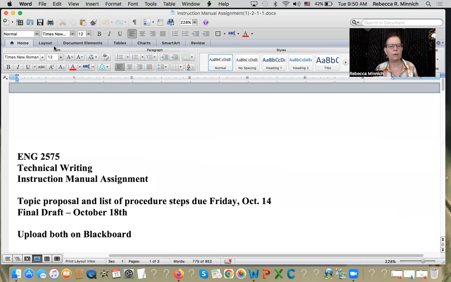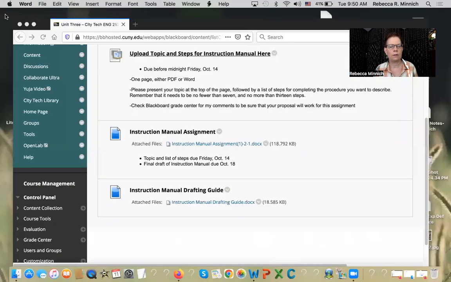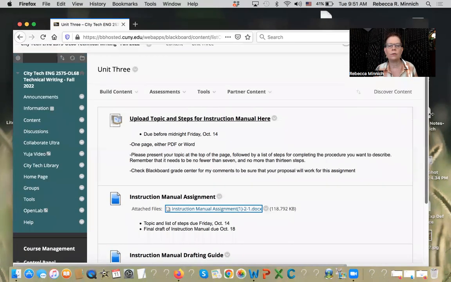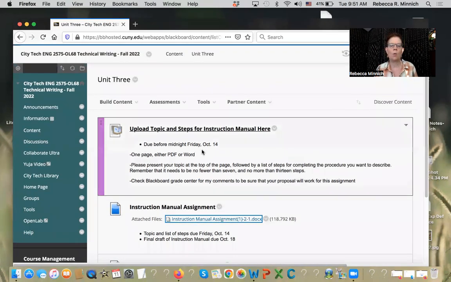All right, so let's move out of the instruction manual and take a look at what we need here on October 14th. So on October 14th, that's the topic and the steps for the instruction manual. You notice that there's no attachment here. What you're going to do is attach one page, either PDF or Word, in which you present your topic at the top of the page, followed by a list of steps for completing the procedure you